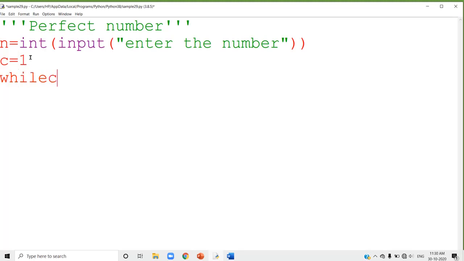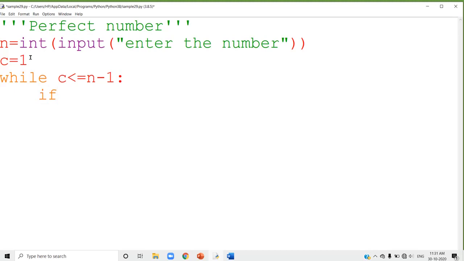While C less than or equal to n minus 1, except the original number. Understood? You are not taking n. You are taking n minus 1.